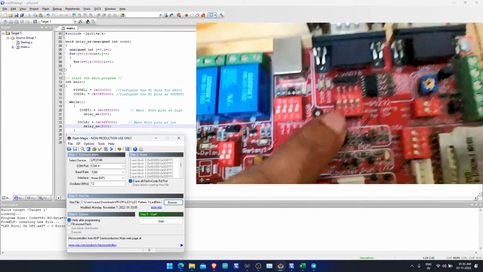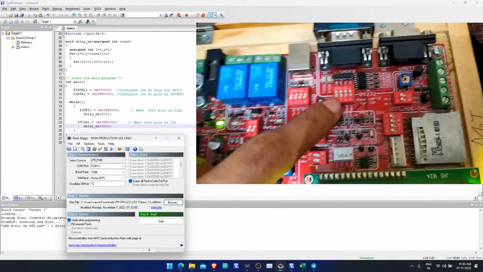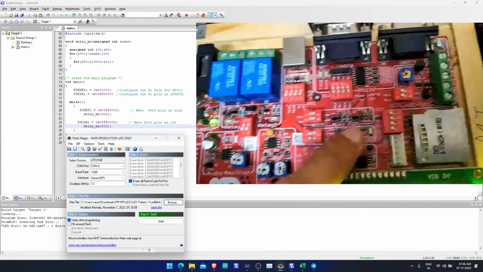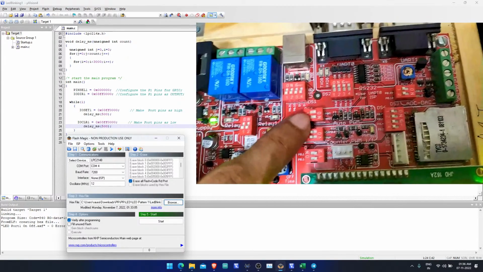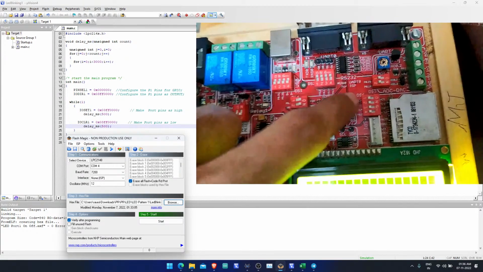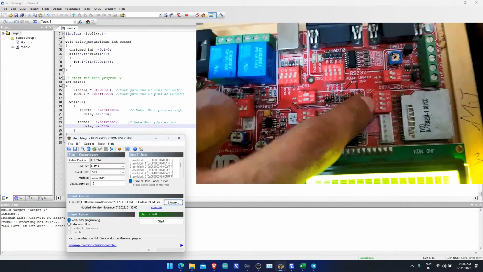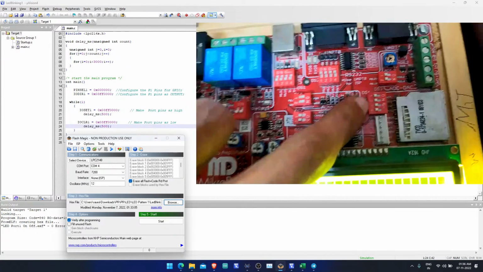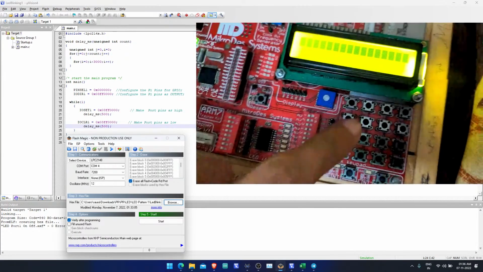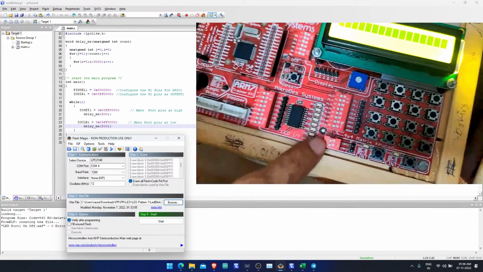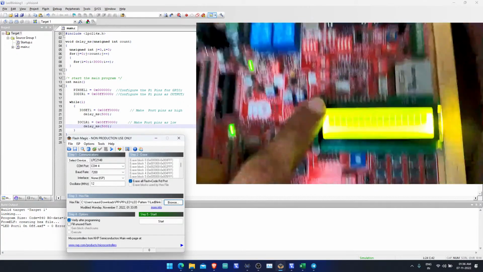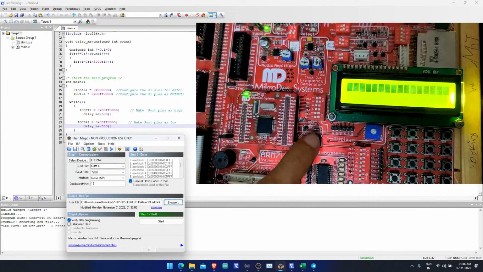All the pins should be on, and this is the auto PGM, it should be on. And all other switches should be off. 1 2 3 4 which is written here, it is in off direction. If I click here in the upward direction, then it is on. Here also all switches should be off. After that, you have to press the reset button,